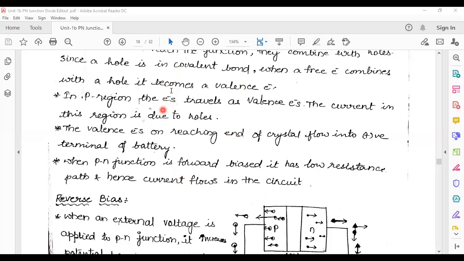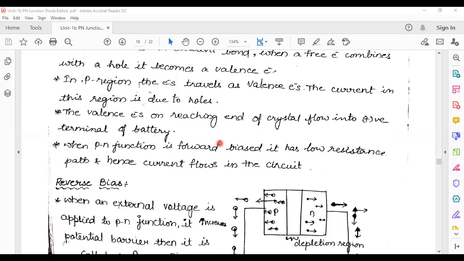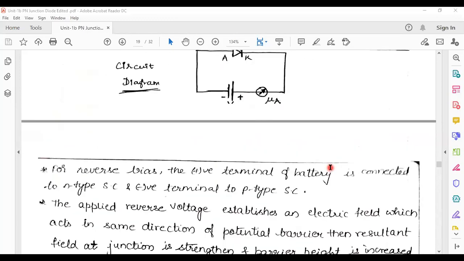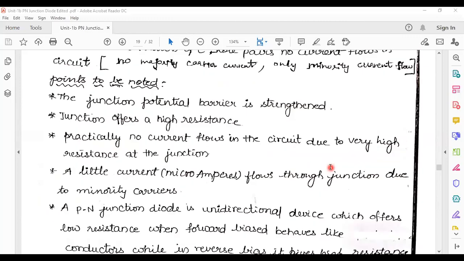అది చెప్పిన పాయింటే మళ్ళీ చెప్తుంటాడు యాక్చువల్గా. అది సేమ్, the electron travels and hole travels in the p side and n side అని చెప్పి మళ్ళీ చెప్తున్నారు అనమాట. Here across the junction there is a low resistance path and the current flows in the circuit, that is in the forward bias direction. That is the point given here.